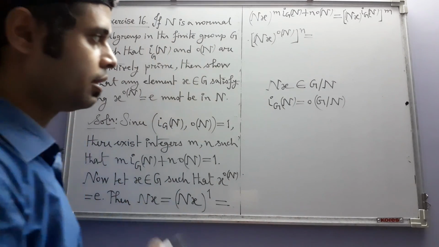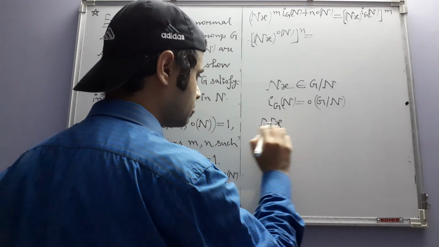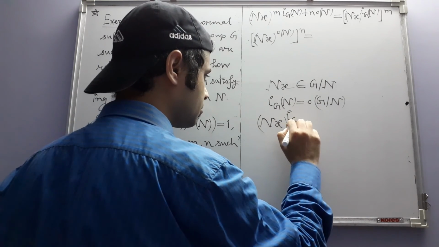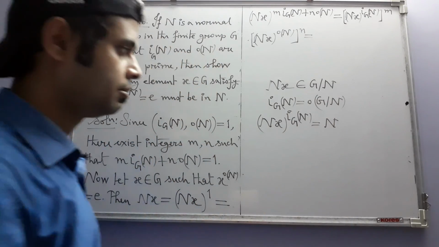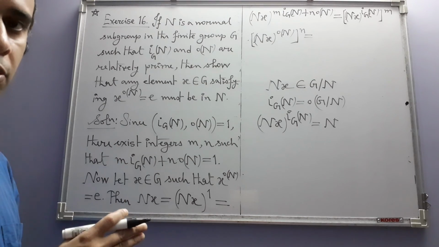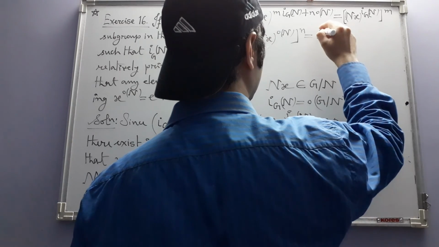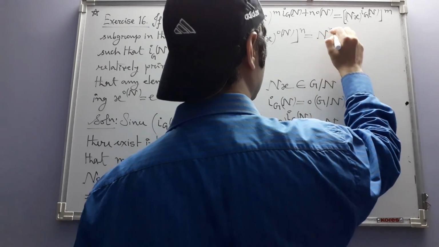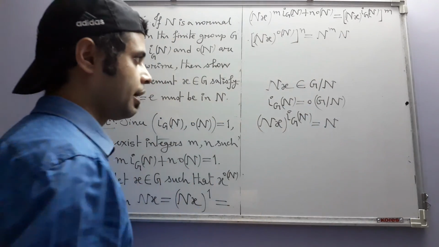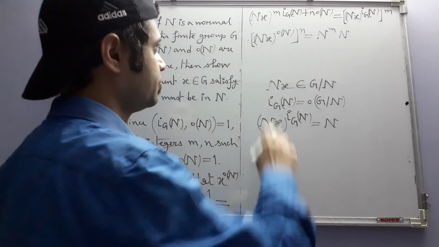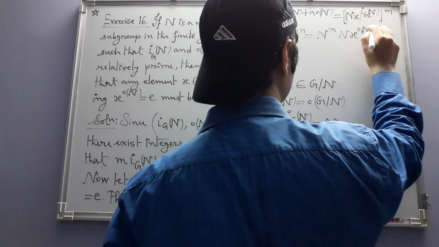So if you raise NX to this power, this will be equal to the identity element of G by N, and this comes from the second corollary to Lagrange's theorem. So the first factor will be N to the power m, and this one, if you calculate by applying the binary operation in G by N, will be equal to X to the power order of N